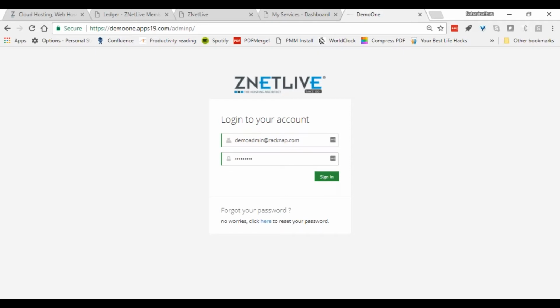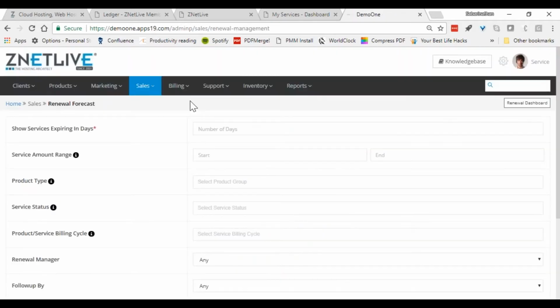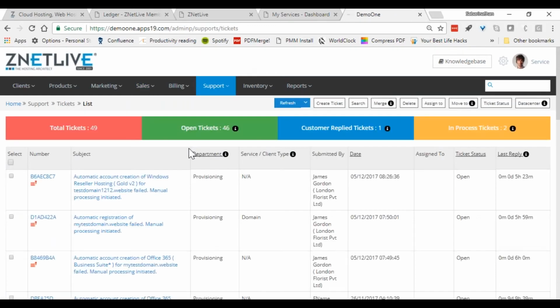Okay. So now if I want to show you something from a support standpoint, right? You want to look at customers having sent you support tickets. So all the support tickets appear in one place here. Whoever is the customer who has logged the support tickets, they appear in one place. So you don't need a separate ticketing module to manage all of this. Everything is in one place for you, right?